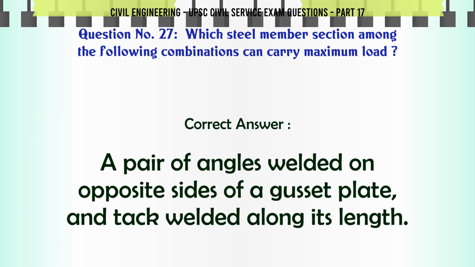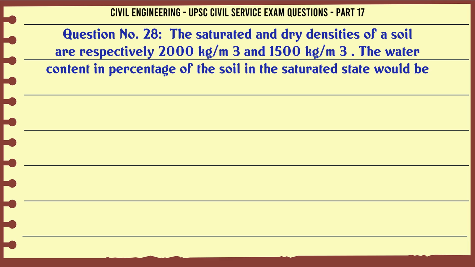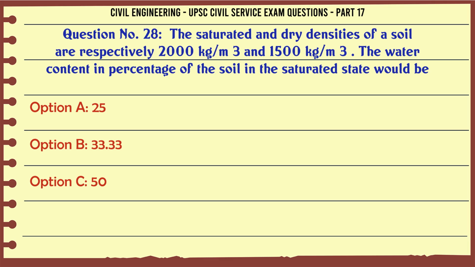The saturated and dry densities of a soil are respectively 2000 kg/m³ and 1500 kg/m³. The water content in percentage of the soil in the saturated state would be A. 25, B. 33.33, C. 50, D. 66.66. The correct answer is